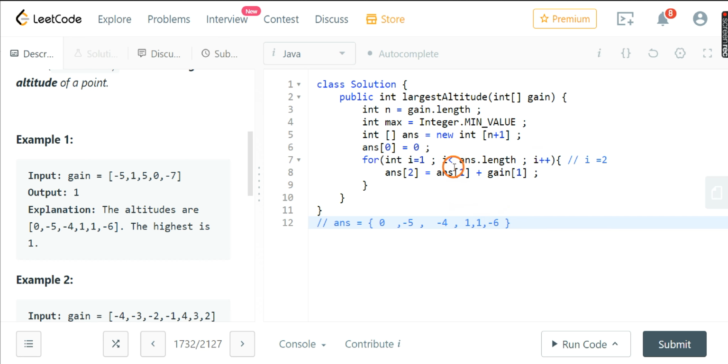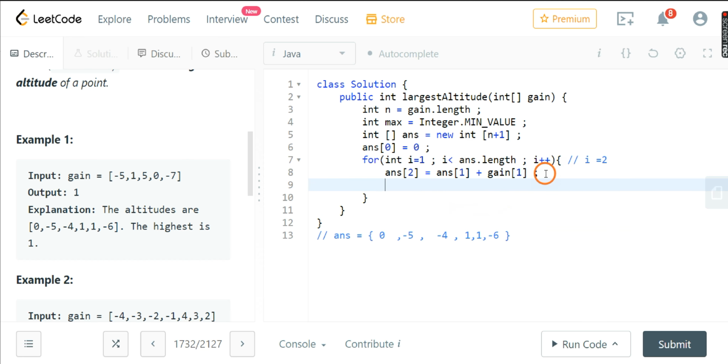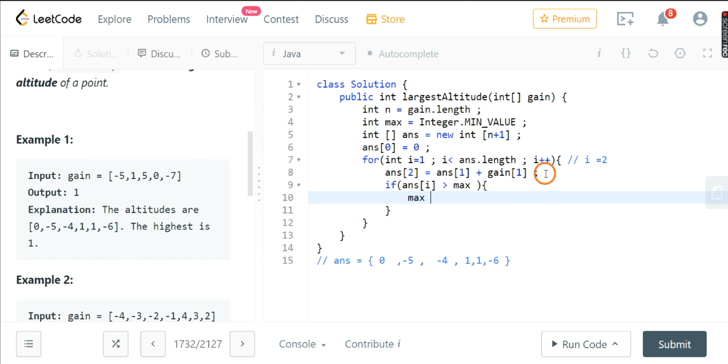Okay. After that, we have to check if our answer at i is greater than max. Then we will set our max is equal to answer at i.